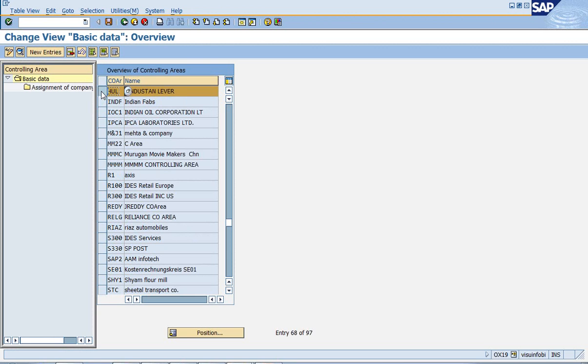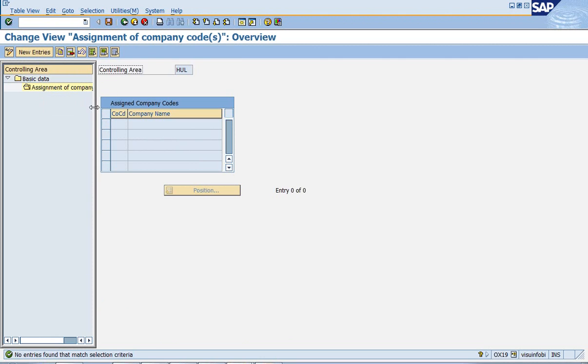Select that line item, get into the assignments of your company code. So the link has not been established between your company code and your controlling area. Click on new entries and maintain your company code there, HUL.